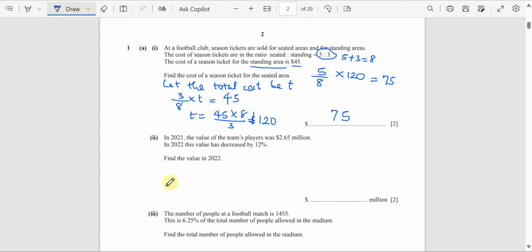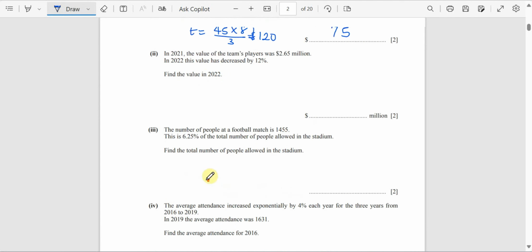Question 2. In 2021, the value of the team's players was $2.65 million. In 2022, this value has decreased by 12%. Find the value in 2022. So the first thing you need to do, in order not to mix things up, is to change this to all figures. So when you change this to all figures, you have 2.65 million